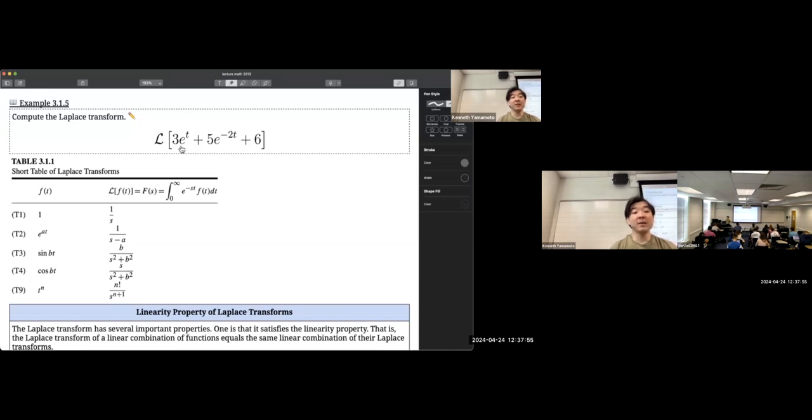Now, if you had to take the Laplace transform of multiple things added together, it's no different from what we had before. It's just going to be that now our function f of t,